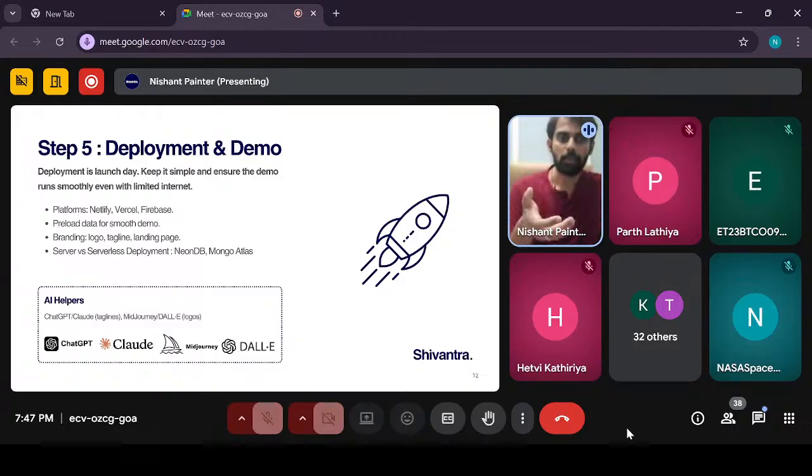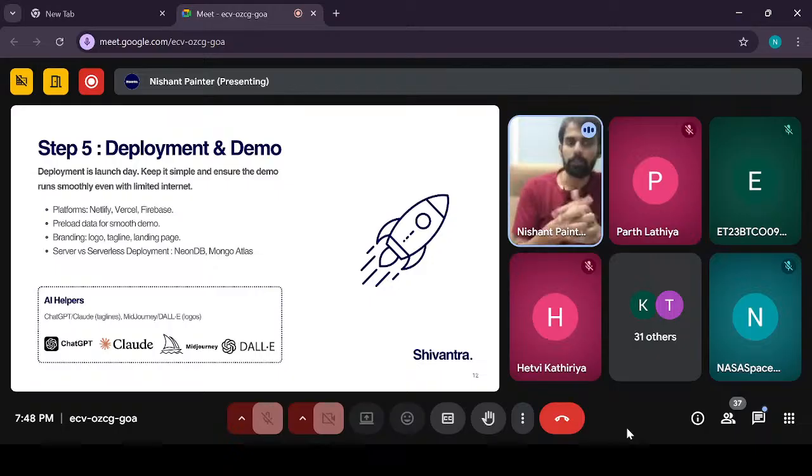Another way of doing it is to use a third-party service which handles everything, right? So let's say we take the database. The first option is that you manage your database on your own, right? You deploy it along with your application. Another way is using third-party services like NeonDB or Mongo Atlas, in which you can simply create the table. They will provide you with a URL. You can configure this URL in your application, and it will communicate directly with the database. You need not manage anything on the database side, right? So try to balance what third-party services you can use, and what core functionality you need to implement by yourself.